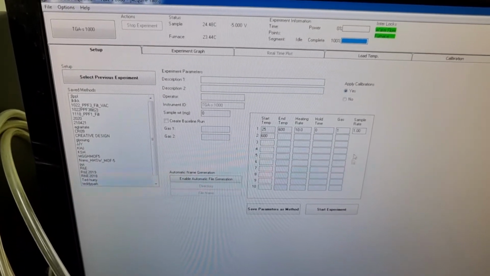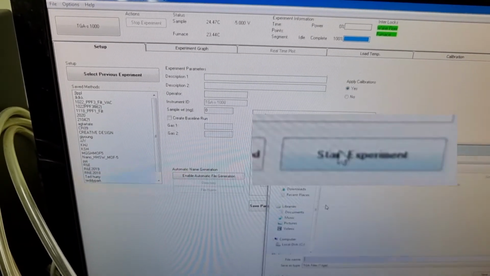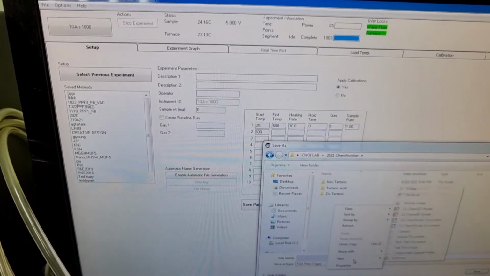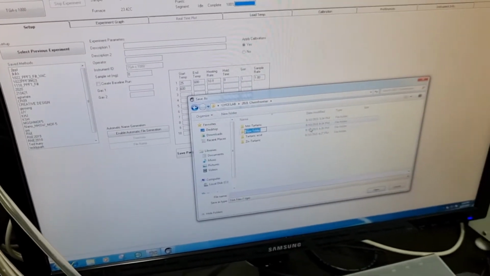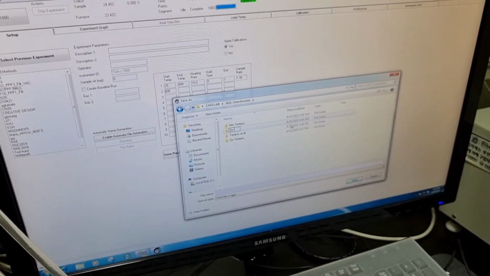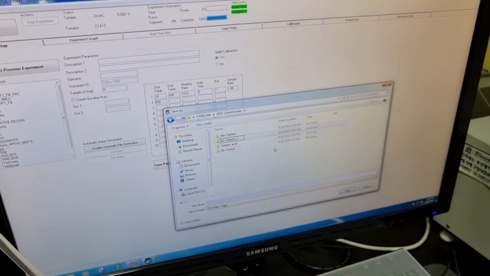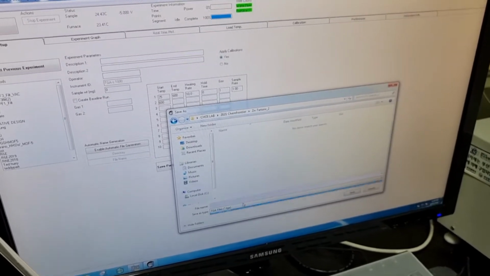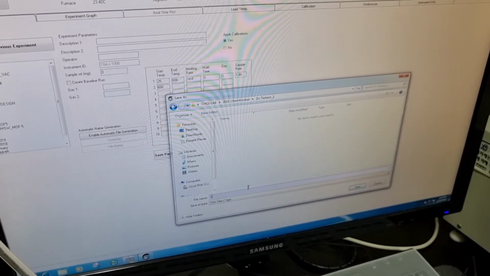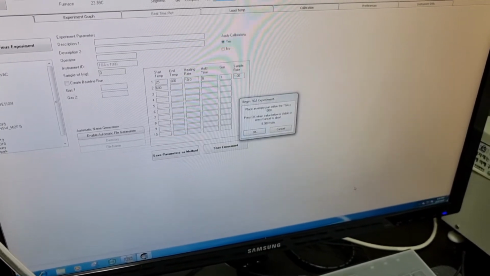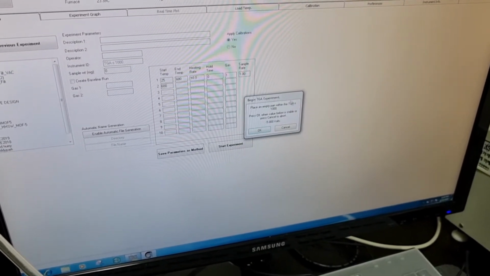So if you finished the parameters, you can start the experiment. Okay, I'll just make a new file and save it. So this window will appear.